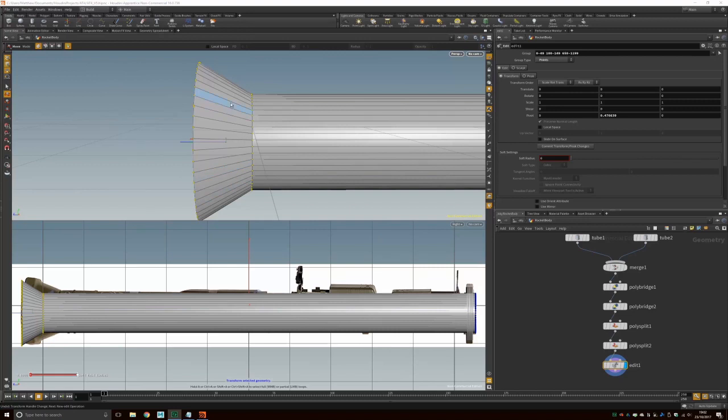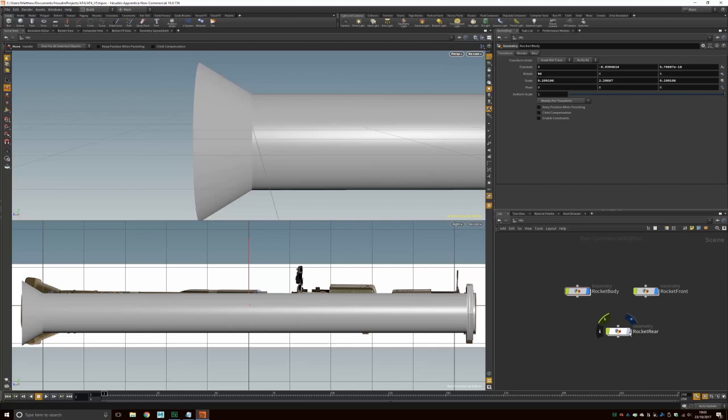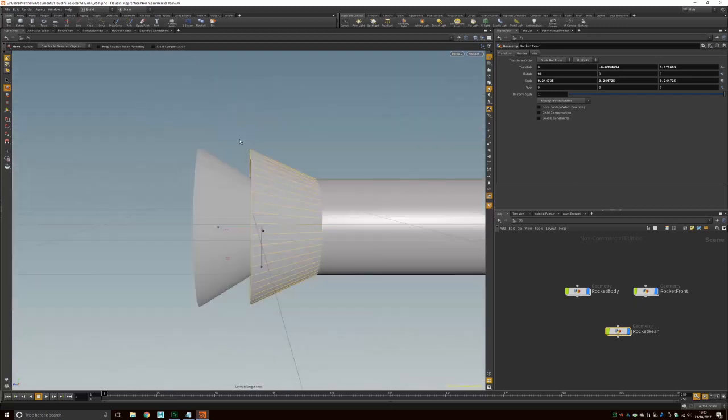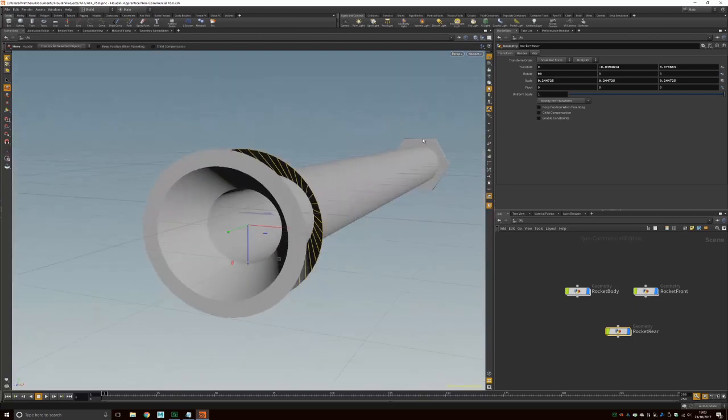So basically, what you wanted to do is select all of these points and scale them up until you reach about the size of your reference image, and make sure that they're touching around about the back of where the rocket launcher ends. And come back out of that. We want to show our rocket rear again, so we can see our cone. And now what we'll basically want to do is go back into our normal view and bring the front of the rocket launcher,